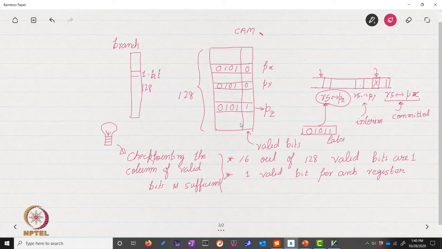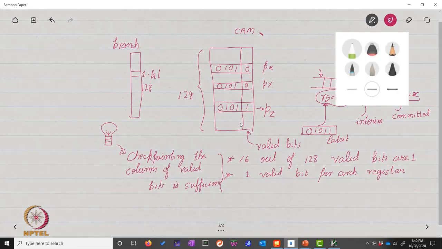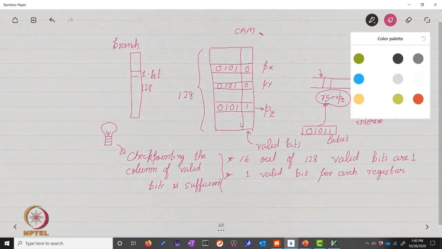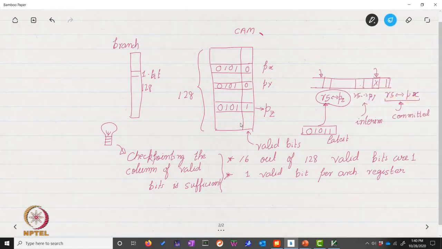So what do we do? The first thing that we need to do is essentially change the color of my ink. We pretty much need to cancel this part of the execution because this is potentially on the wrong path, and we need to roll back our state to this point.